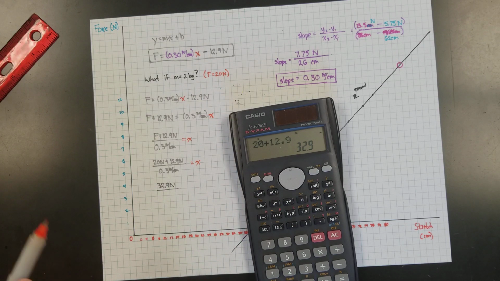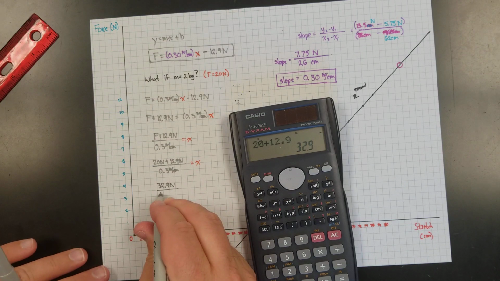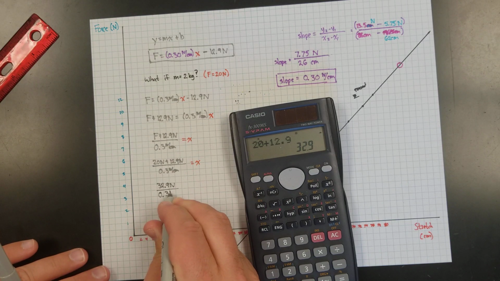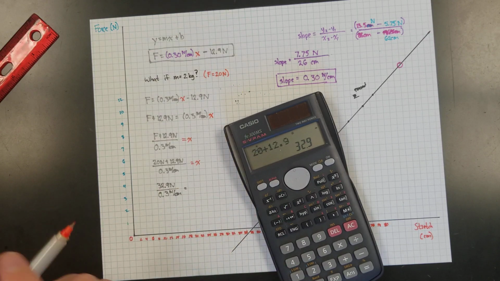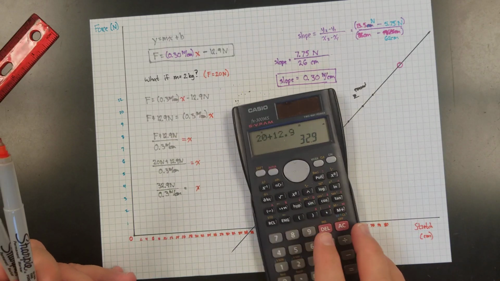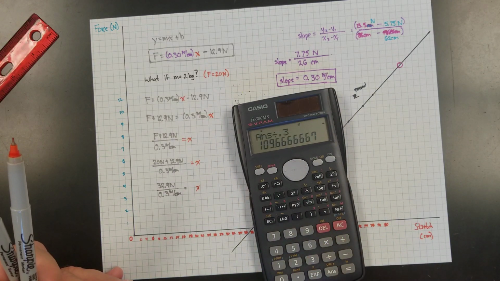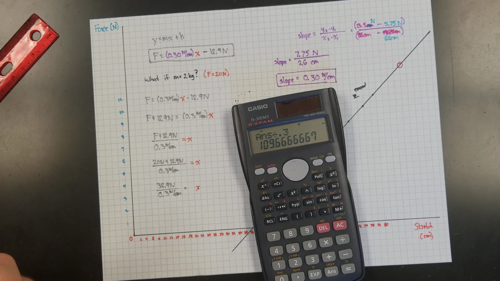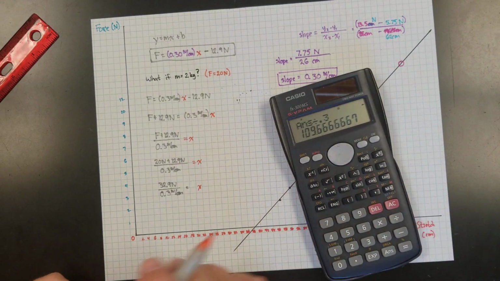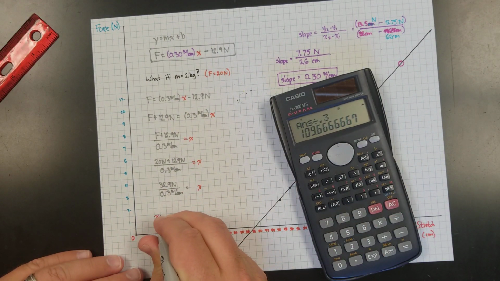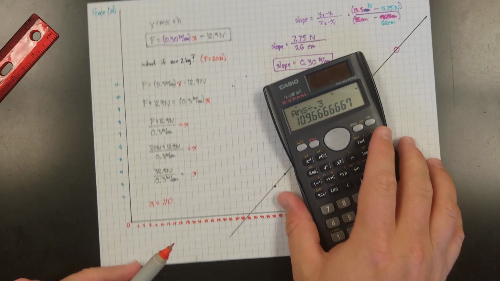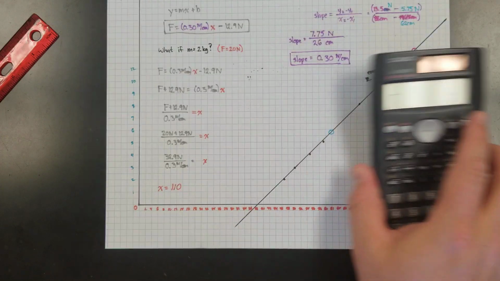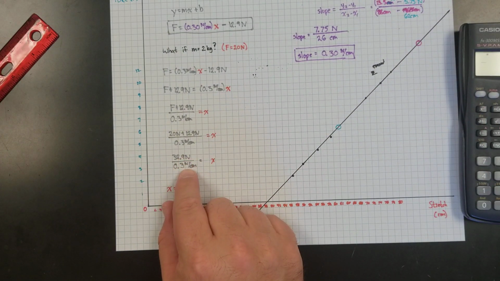And that is newtons. And then over, still have the 0.3 newtons per centimeter down here equals x. Now dividing 32.9 by 0.3, that's easy. You get 110 essentially. So I'm going to write x equals 110. Now the unit on this one may not be as nice because you've got a fraction and then a